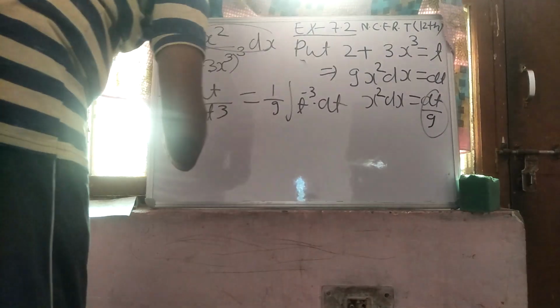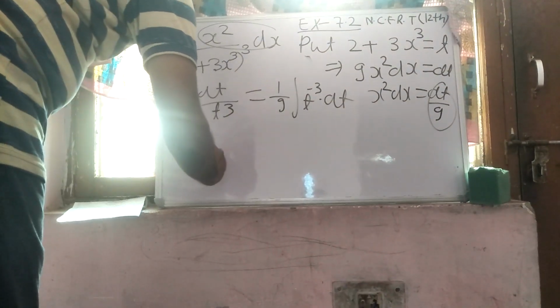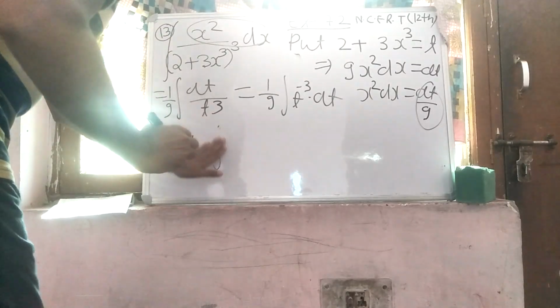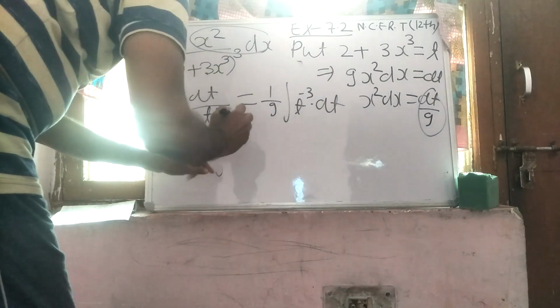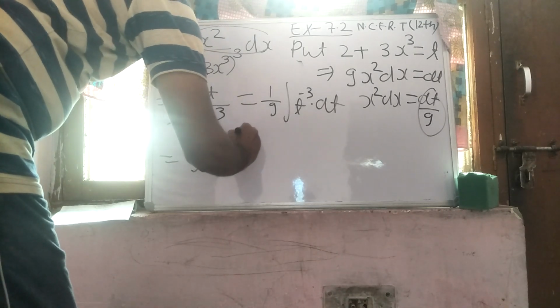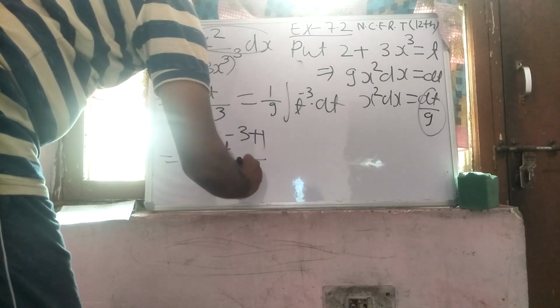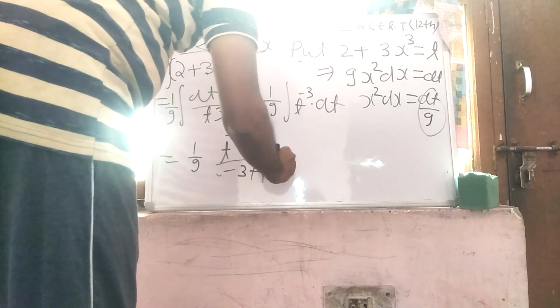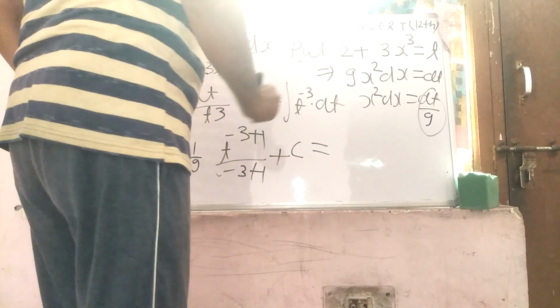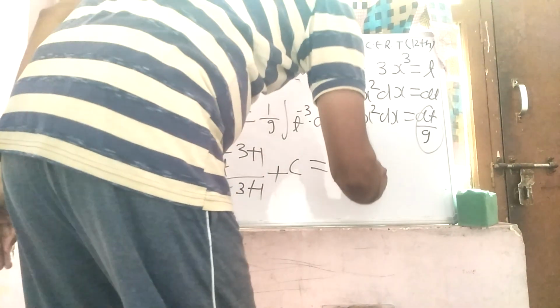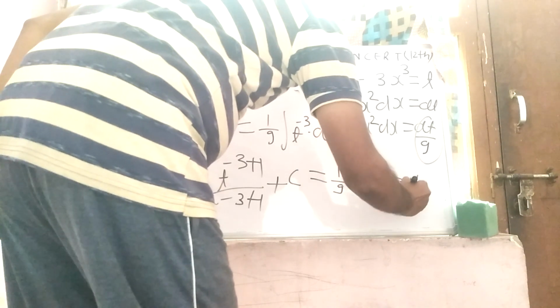This gives the simple form, 1 upon 9. This is an algebraic form, so we write t to the power minus 3 plus 1, upon minus 3 plus 1, plus c. So 1 upon 9 times t to the power minus 2, and minus 3 plus 1 is minus 2, which gives minus 1 upon 18, and t means 2 plus 3